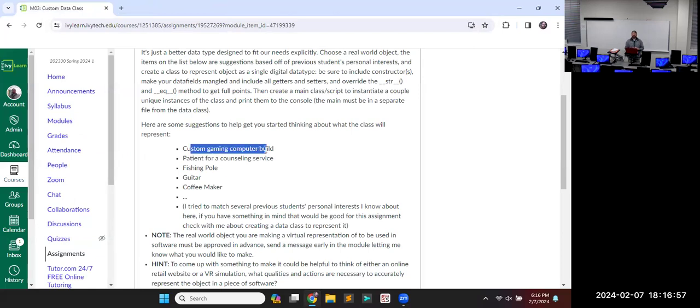This is specifically things from former students. A custom gaming computer. A patient for a counseling service, because a former student was a receptionist at a counselor's office. So that seemed like a really good example of it. What does it take to represent that patient in the company software? A fishing pole. What behaviors and properties do we want in a fishing pole? Remember that donut picture the other day? Attributes and methods would be our